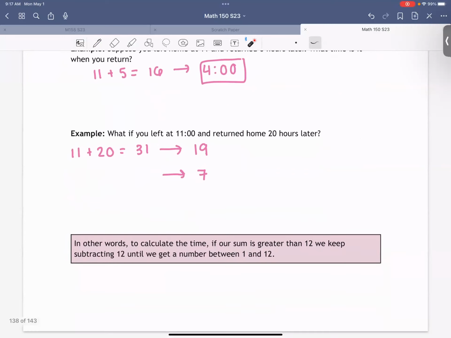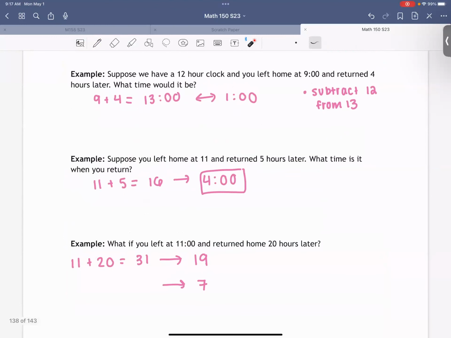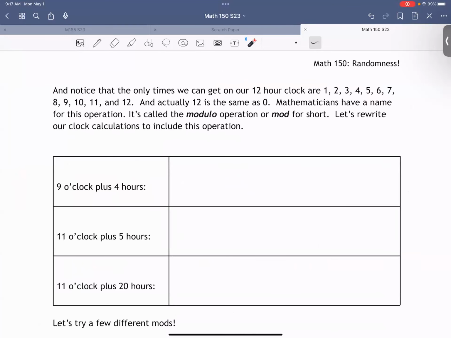Okay, so let me tell you the term that mathematicians use to describe this whole process. We don't call it military time because mathematicians are just, well, we like names for things. We like making things a little bit more complicated than they should be. So let me just show you, if you flip the page, I'll just take each of these things that I did and tell you how we do this. Okay, so mathematicians, we call this process a modulo operation. Has anyone heard of this before?